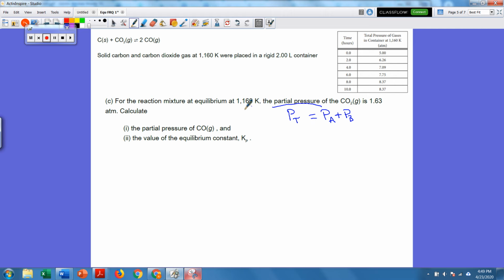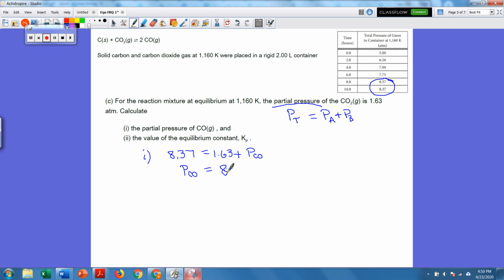So it says at equilibrium, so that's down here. This is the total pressure at equilibrium, 8.37 atmospheres. And it says the partial pressure of the CO2 is 1.63. So letter I is just, you're going to have 8.37 is equal to 1.63 plus the partial pressure of CO. And so if you solve for the pressure of carbon monoxide, you should get